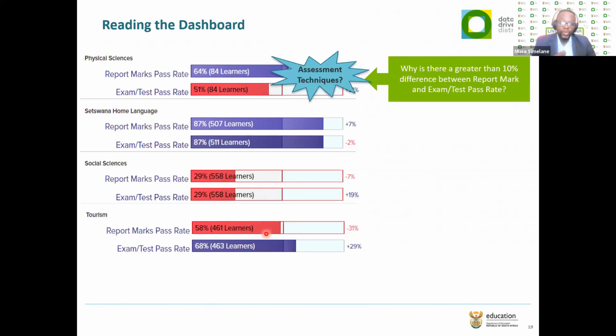And I think it's a good time to explain where the exam test pass rate comes from. So the exam pass rate, unfortunately, is not an automatic process. We are the ones, as the school, that mark one of the tasks as an exam or a test. In fact, we mark it as a common task or a test. If we do so, then that will show up on the dashboard as an exam or as a test in